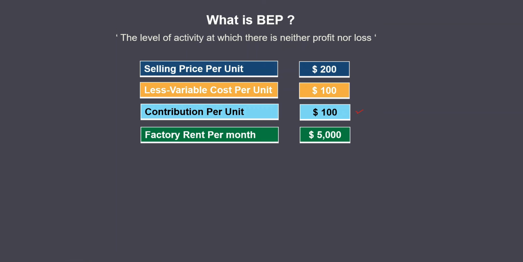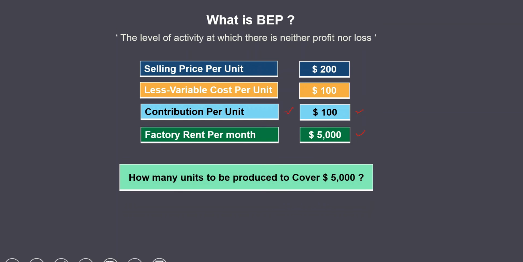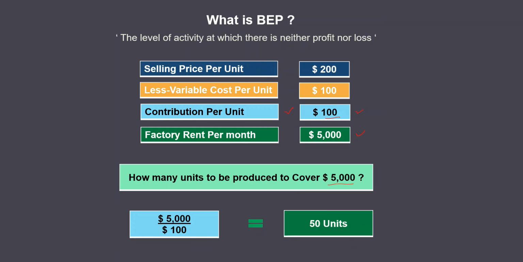$5,000. So in order to cover this 5,000, how many units should be produced? This is what we need to identify. How many units to be produced to cover 5,000? Simply, this 5,000 has to be divided by the contribution or the margin per unit. By dividing that, how much will you get? 50 units. You need to produce 50 units of this particular item